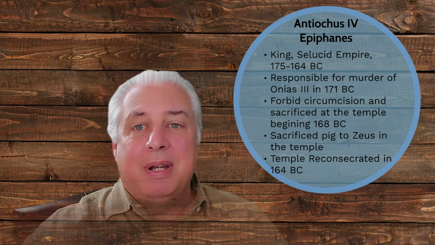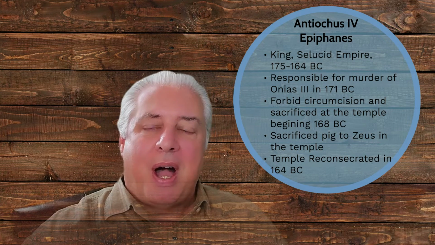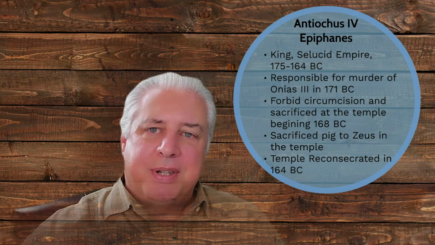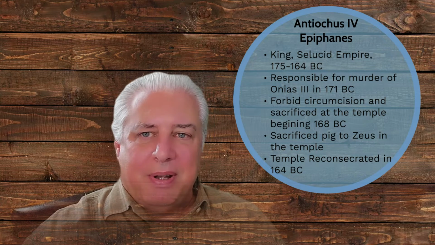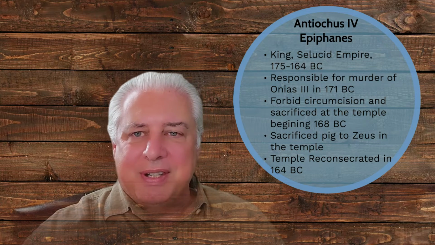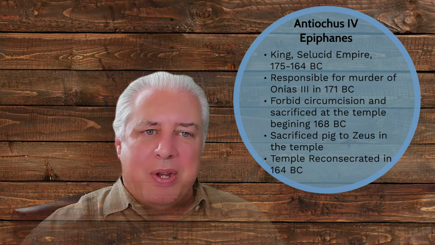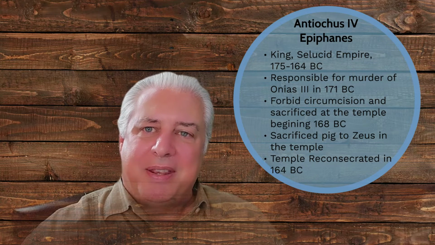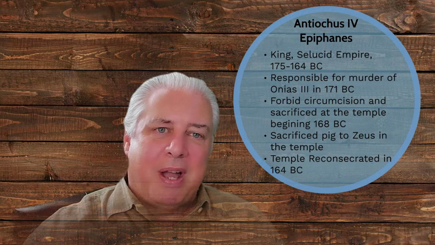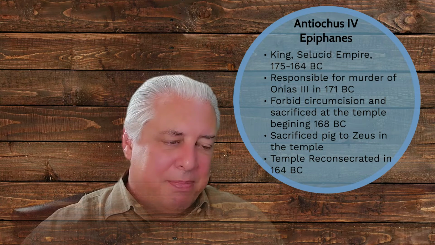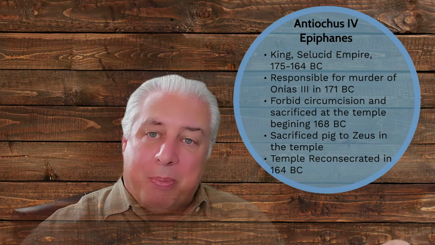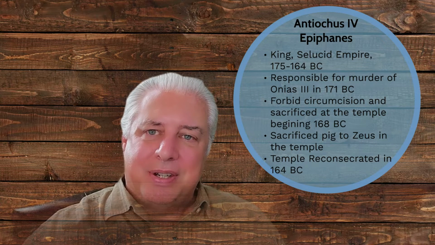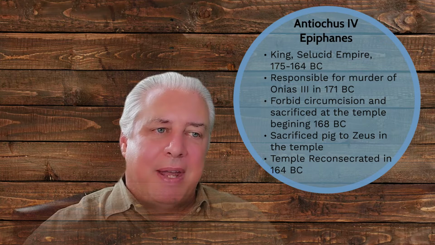Also, and this may be another argument here, we are told in chapter 8, verse 14, that it will take 2,300 evenings and mornings to reconsecrate the sanctuary. We're going to talk about this more next week in session 4 under mysterious time references. But just generally speaking, if you convert that into days and years, it's a little over 6 years, which if you do the math, is about the time between the death of Onias in 171 BC and the reconsecration of the temple in 164 BC. Some people point at that time reference and say, well, here's another instance of perhaps these passages reconciling with the activities of Antiochus.